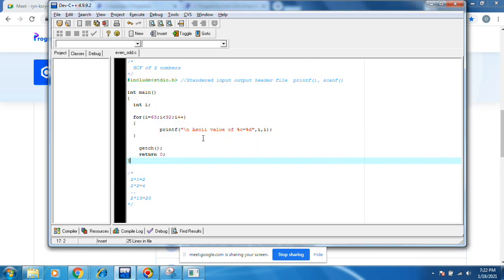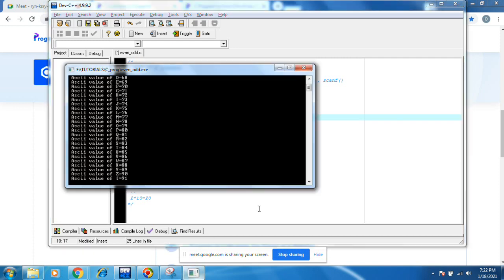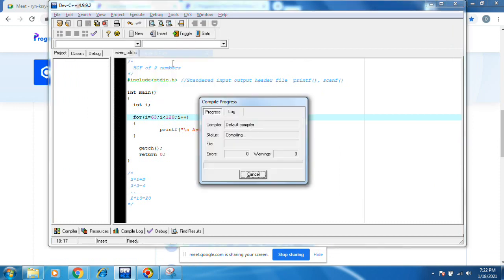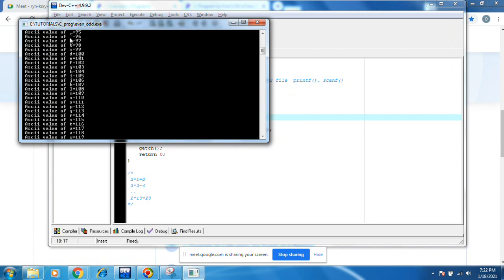You can increase until 120. It will print the ASCII values of lowercase characters also. You see small a equals 97, w 109. All ASCII values of all characters.